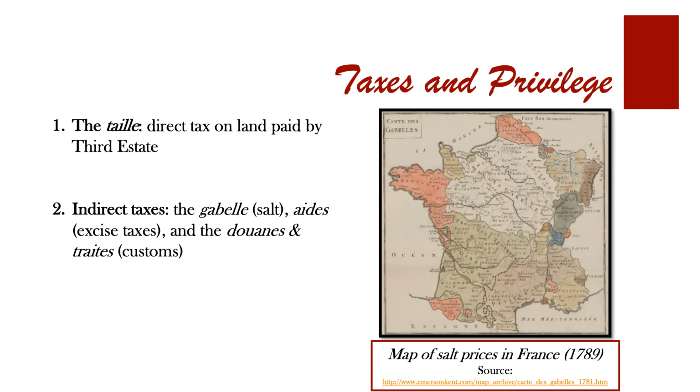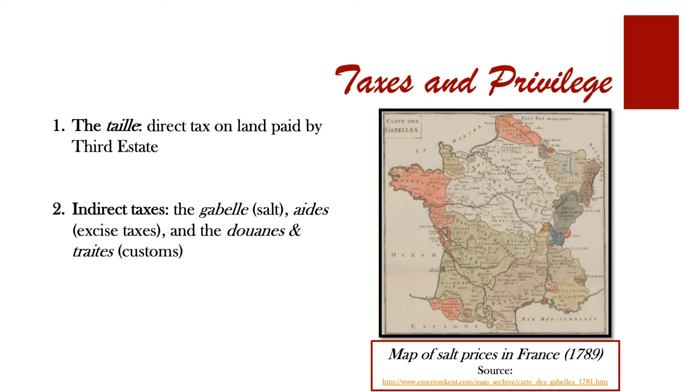The map you see here illustrates the price of salt in various regions throughout France in 1789. It's kind of hard to see, but if you look at the top left and the border between the province of Brittany and the Maine, in Brittany, the price of a sack of salt was about 2 to 3 livres. But right across the border in the Maine, the price of salt was 58 livres. This was because Brittany had the privilege of having no gabelle, or no royal salt tax. So you can see the differences illustrated here.